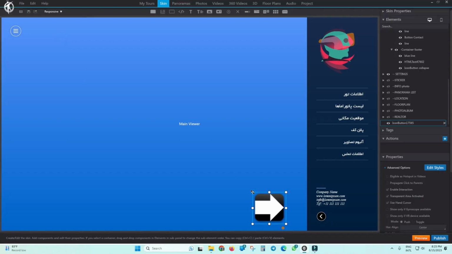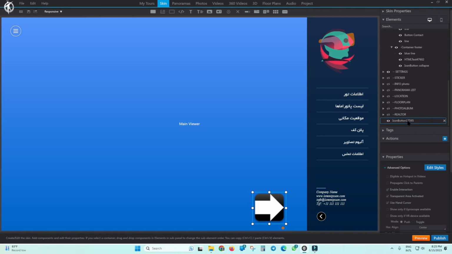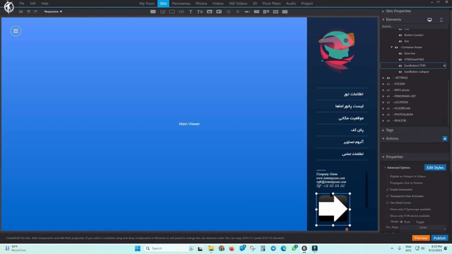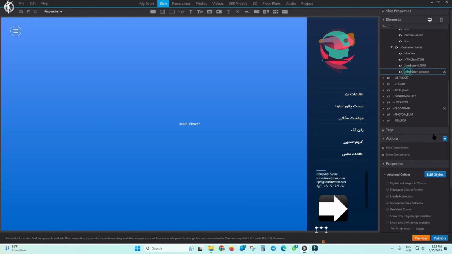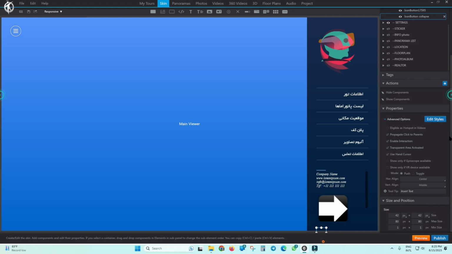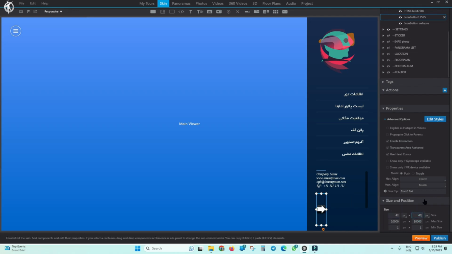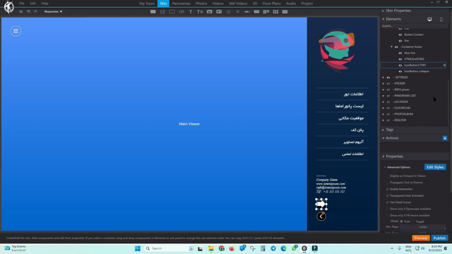Now I bring in this X and insert it here again, and I drag it above the button that is supposed to be replaced. As I mentioned, I apply the same settings from the previous button to this one. Here it's more this push button, the size is 42 and it's center middle, and I set this to 42 by 42 pixels, center middle, and set it back to push button. And the previous button,